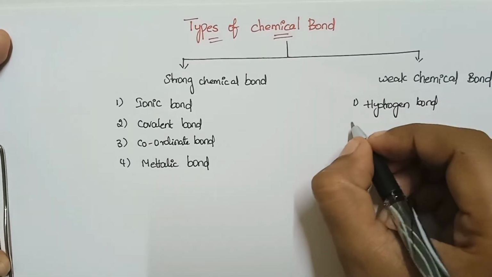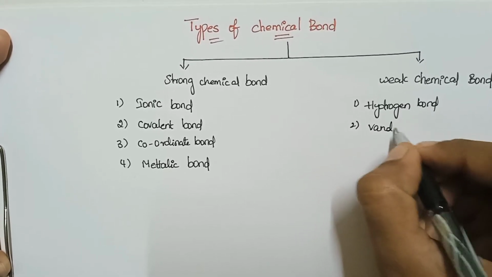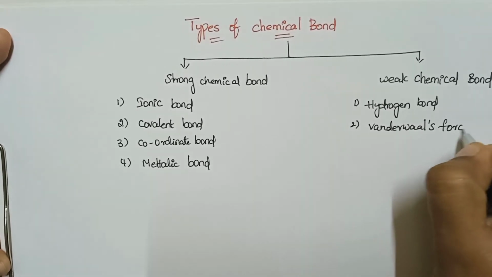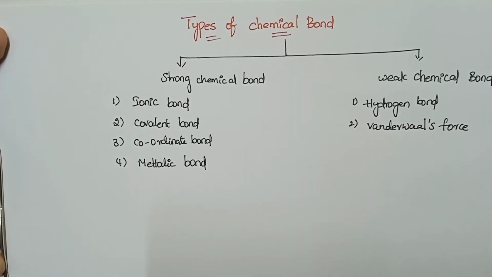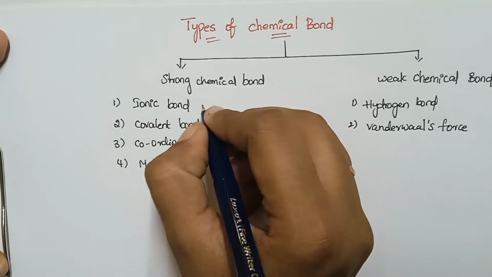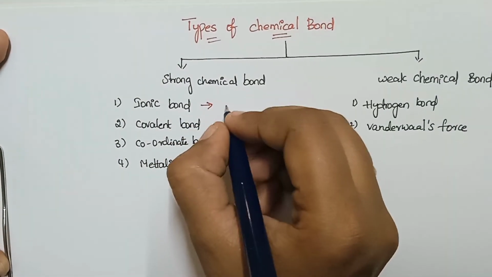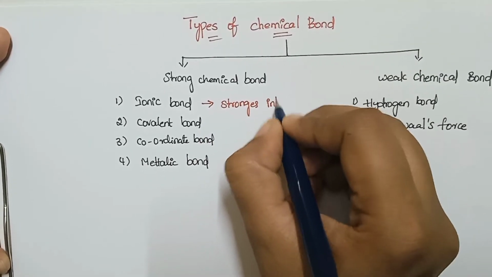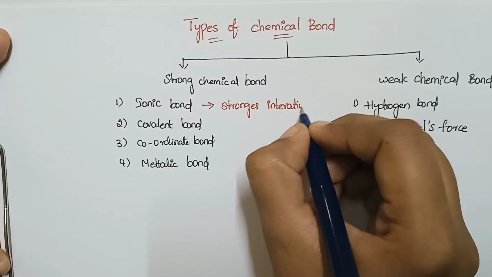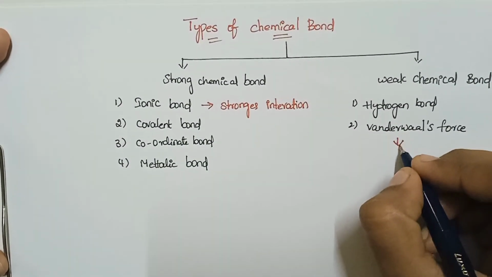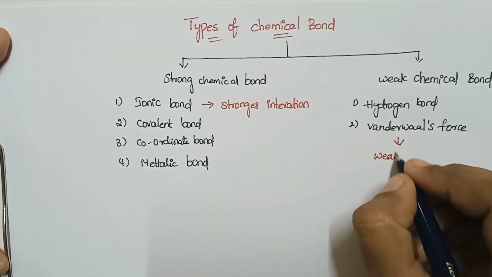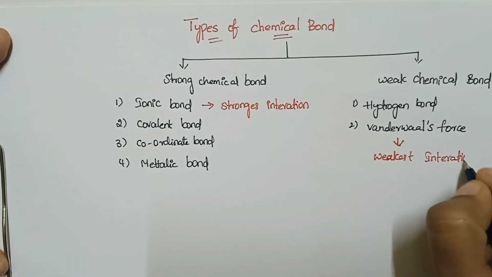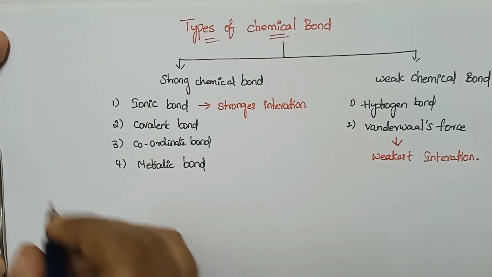And weak chemical bond is of two types: hydrogen bond, and the second one is van der Waals force. Among these five chemical bonds, the strongest bond is ionic bond, the strongest interaction, and the weakest one is van der Waals force, the weakest interaction. So we will see one by one. So first one,